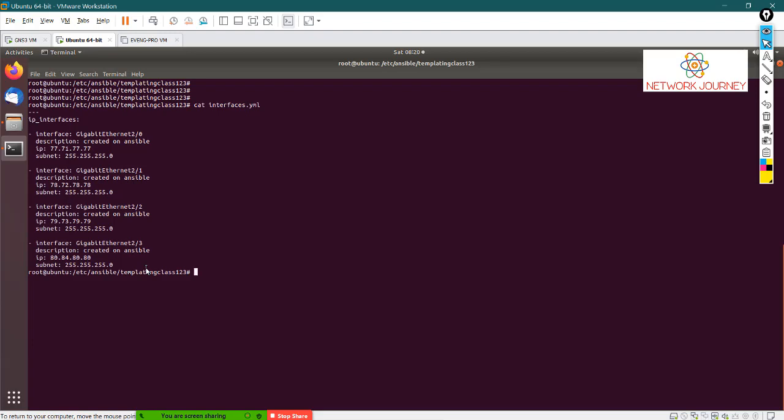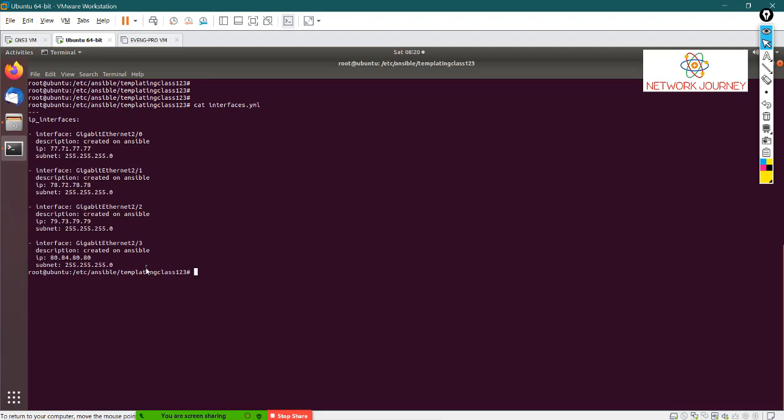If it is in sequential order, you can go with the for loop and you can do the automation. But if it's not in sequential order, then you have to do it manually, like how we have discussed in Python. You can have an external text file with the configuration, and you can push it. So that manual part will still be a little bit which you have to work on.